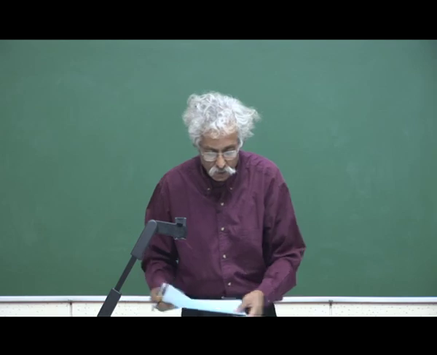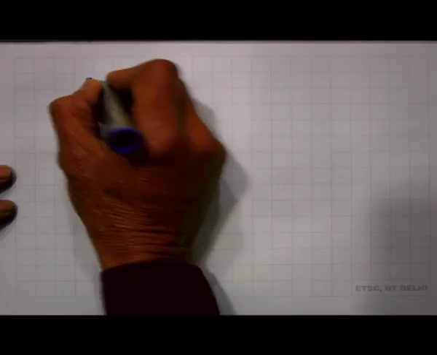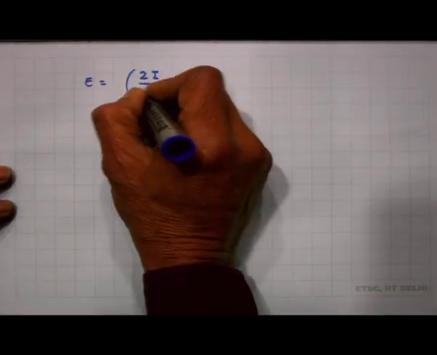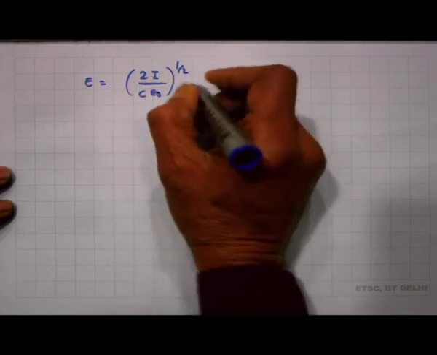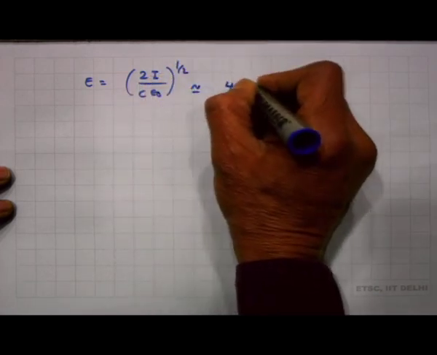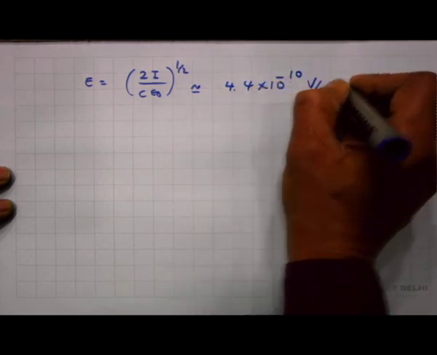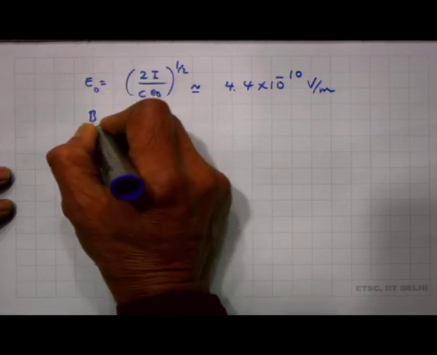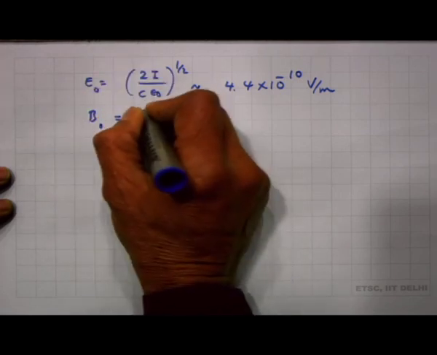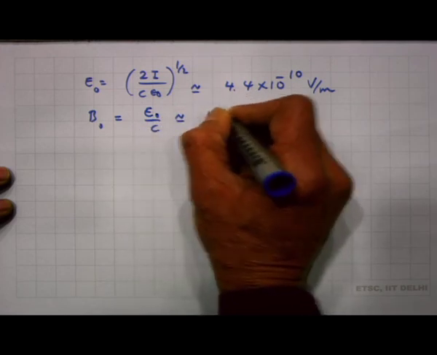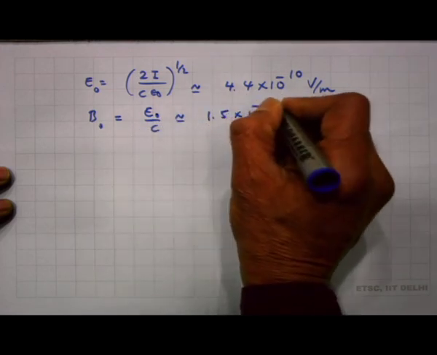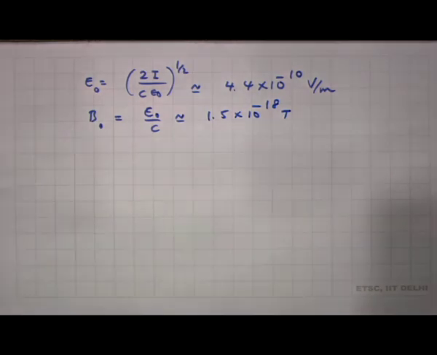the corresponding electric field. Electric field is (2I/cε0) raised to the half, and that comes out to be 4.4 × 10^-10 volts per meter, and the magnetic field is equal to E0 by c, which is approximately 1.5 × 10^-18 Tesla. It is a very small electric and magnetic field that is coming from the spacecraft, and our detectors here are able to detect these